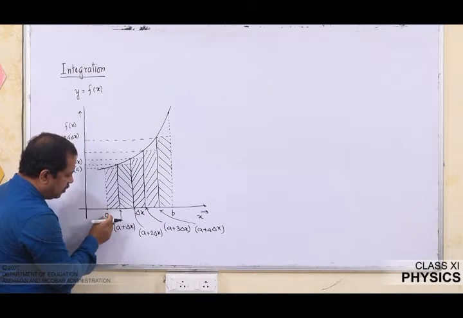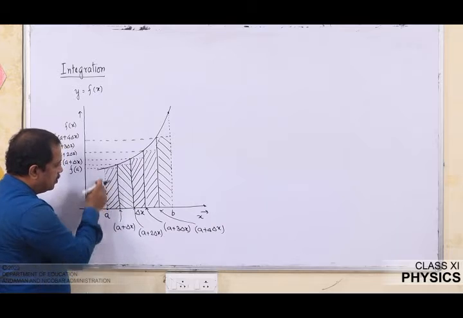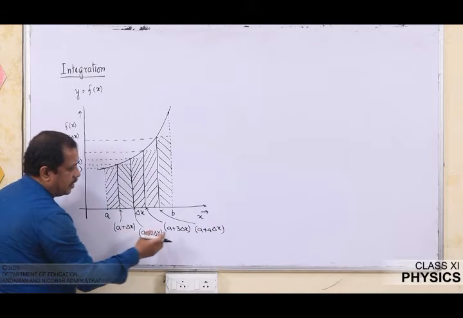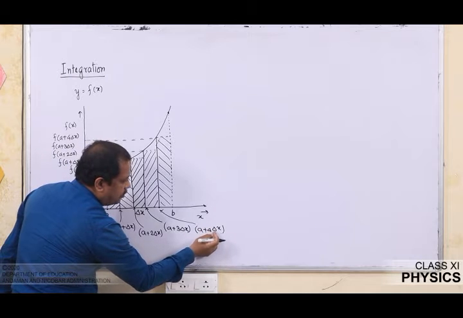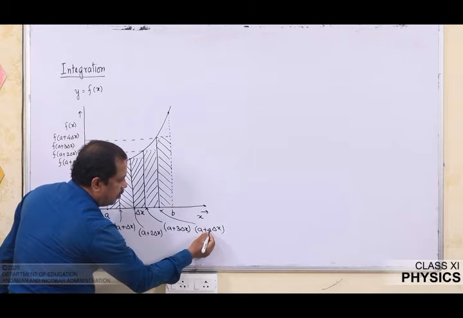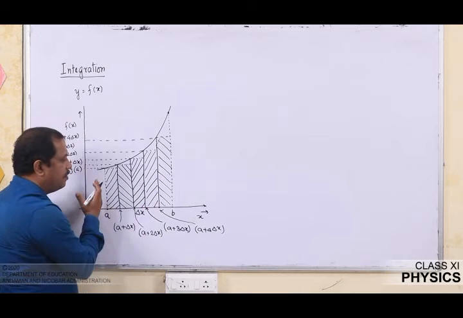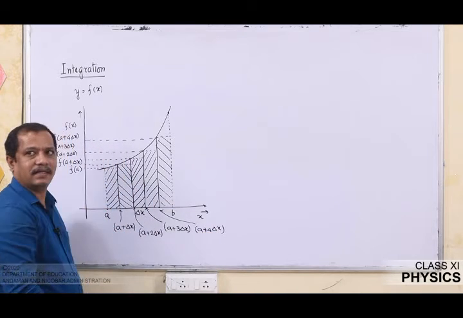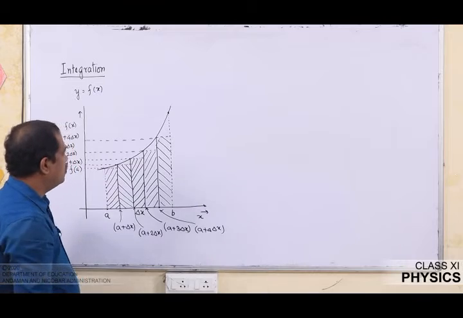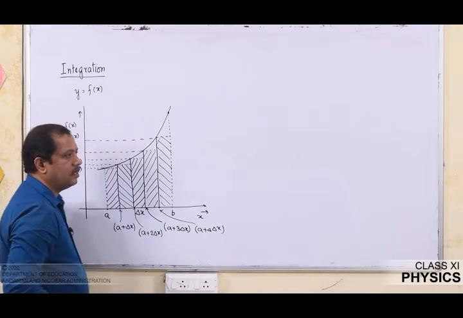However, if I see here, the value here begins with a, and here you see the value is a plus 4 times del x. If 5 strips, I have 4. So if I have n strips, then I am going to have n minus 1 into del x, this value. Okay. So what I have done, I have calculated the area of rectangles.